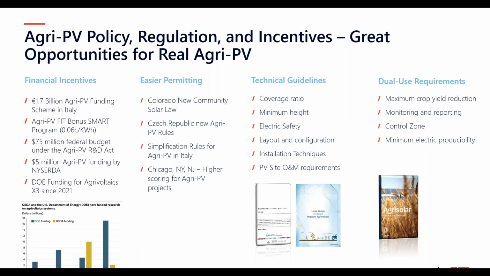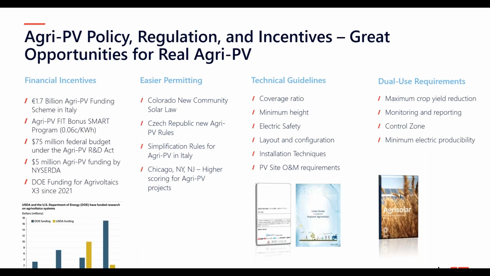So on the left, we see the financial incentives. For example, the Italian government provides 1.7 billion euros for funding Agri PV projects. They are willing to give up to 40% of system costs to systems that can really show that they are eligible to get this funding. We also have other feed-in tariff bonuses like the SMART program. We have a federal budget for R&D research, $75 million in the next 5 years, so it's $15 million every year. And we have a lot of funding for research and for incentives for commercialization of Agri PV. On top of that,